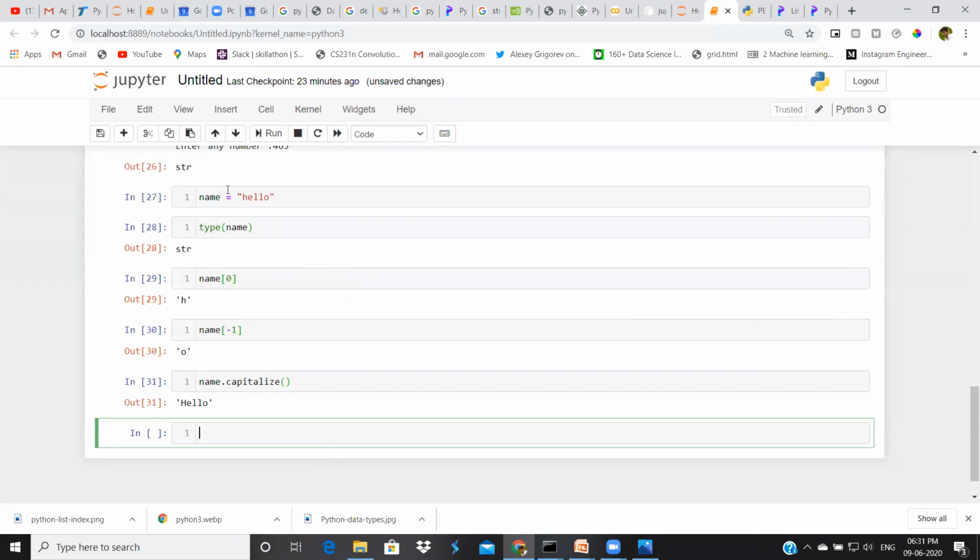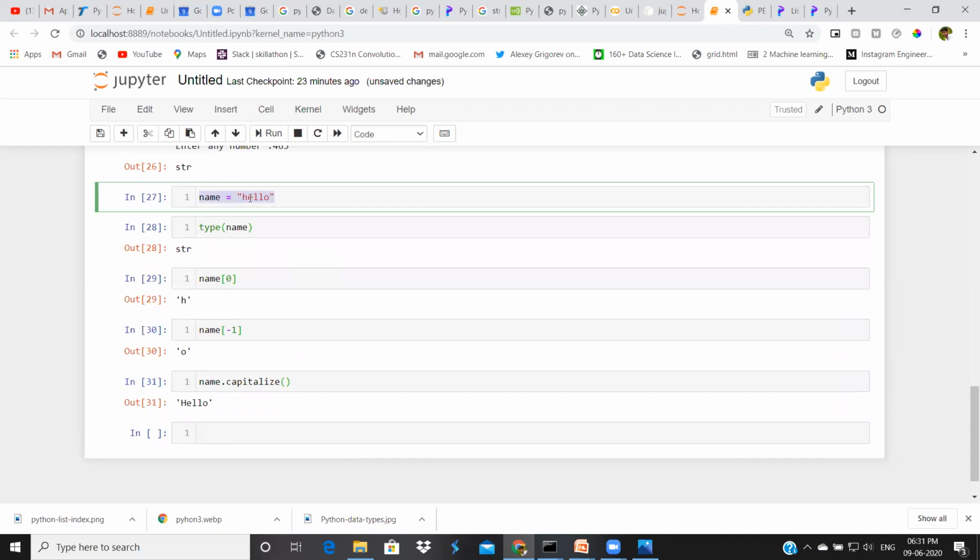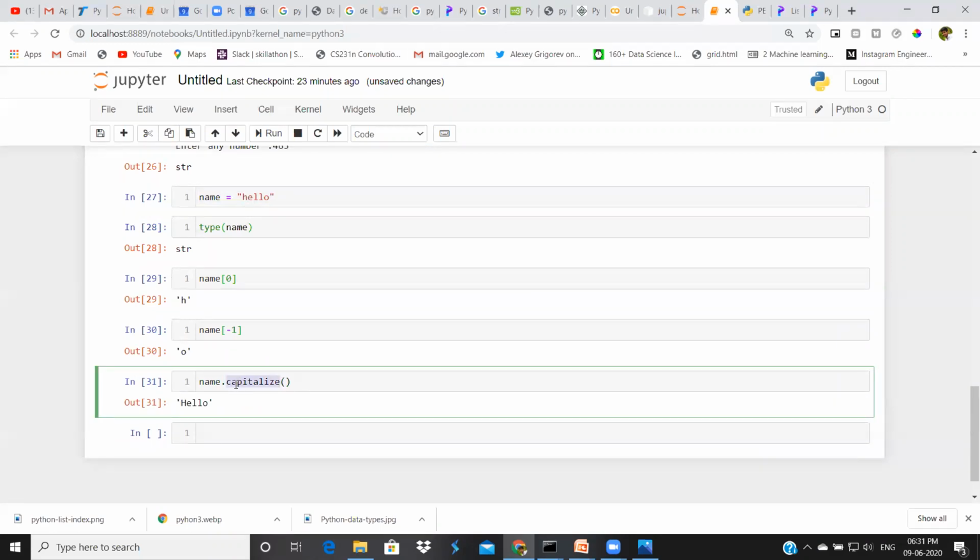If you observe, my given name is hello with a small h. But when I applied this capitalize method on name, I'm getting the first letter as capital. This is the purpose of the capitalize method. This is the inbuilt function to capitalize the first letter.